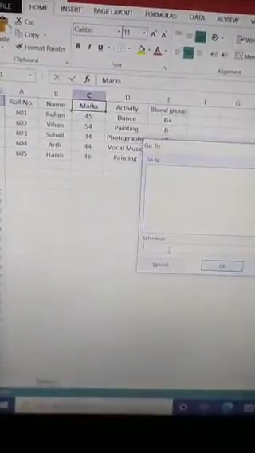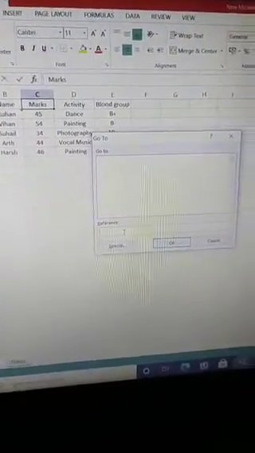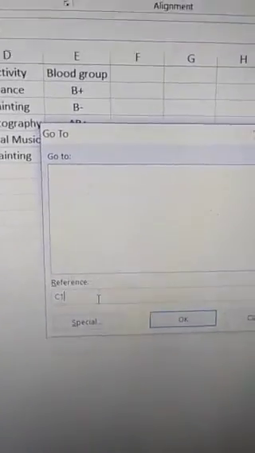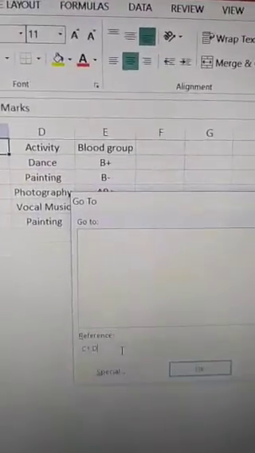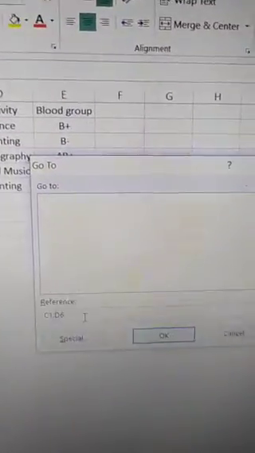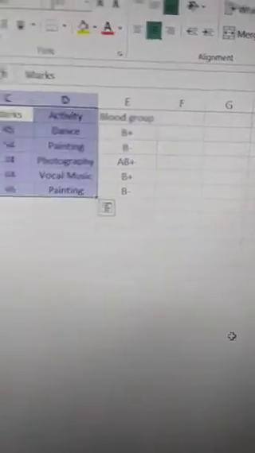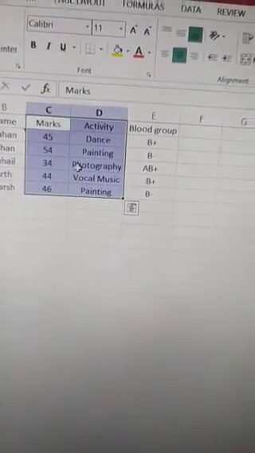Okay, so I want to select this range of cells, so I will type C1 in caps lock, C1 to D6. Okay, when we press this OK button, you can see here that this range of cells has been selected.